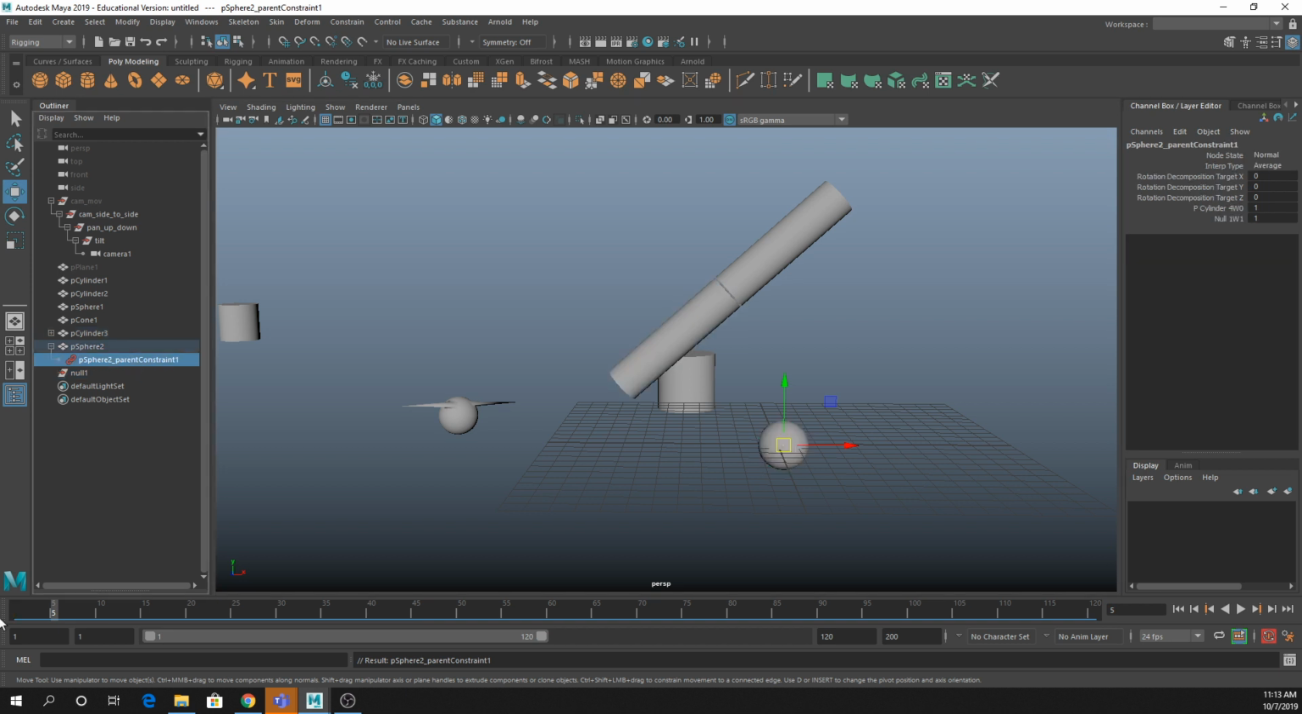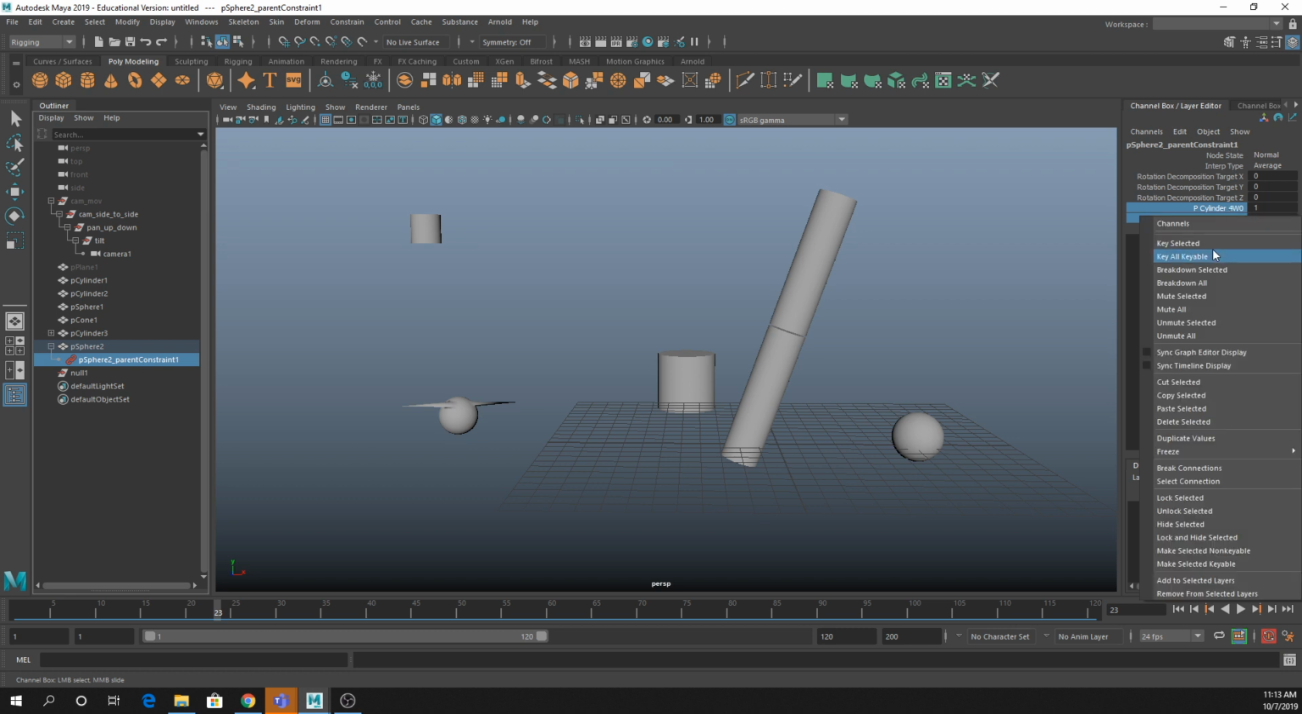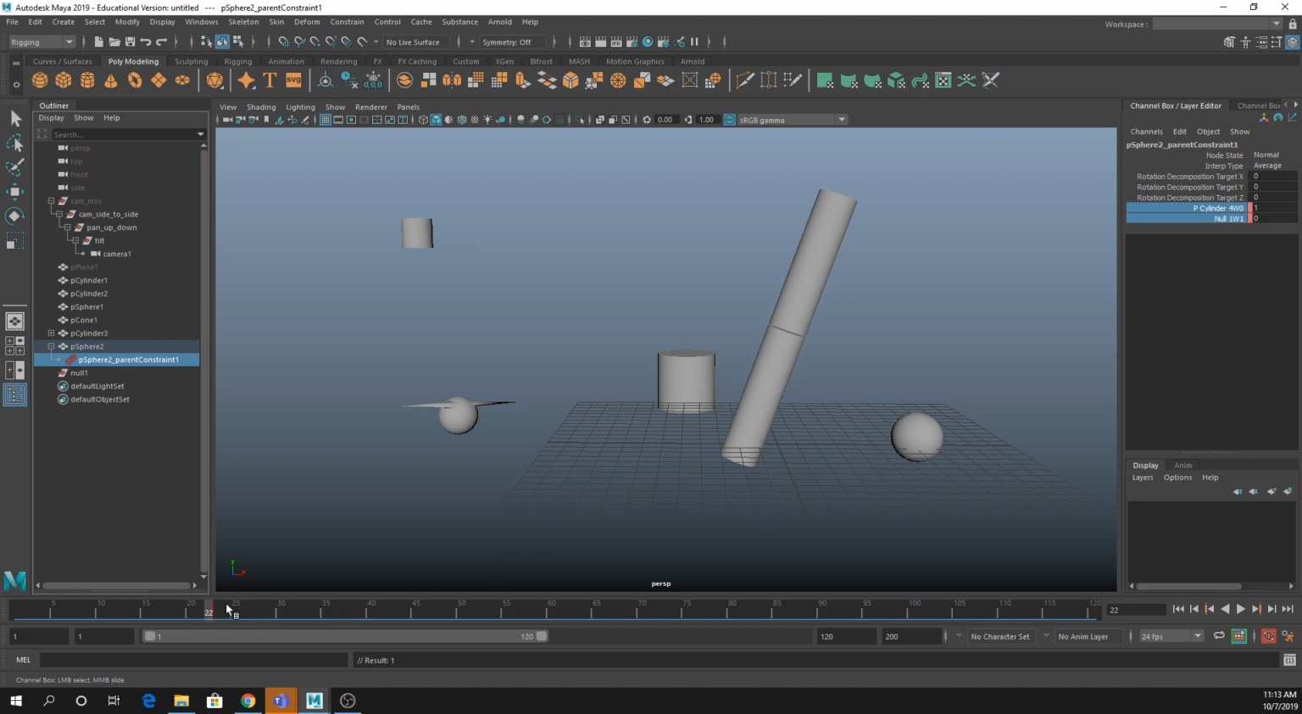So what this allows me to do is, again, I'm going to go through and do the exact same thing. On frame 23, I want it to stop following the null group and start following the cylinder. So I'm going to set cylinder weight to 1, null group value to 0, I'll key selected. And right before that, I'm going to set the cylinder weight to 0 and the null group to 1 because I want it to not follow the arm. So what this should give us,